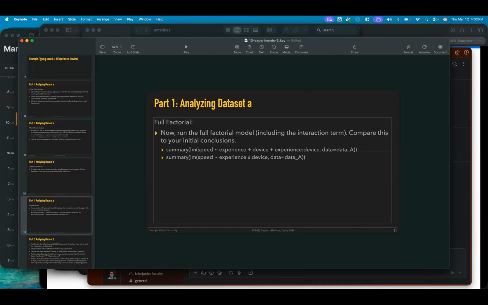So the moderator is what's going on here, right? C moderates the effect of A on B, right? The effect of experience on typing speed is moderated by device and vice versa. Okay? So the way to test that is by looking at literally the product of these two variables. Okay? So I guess we'll get Prasoon back on the screen in a second if he has it.